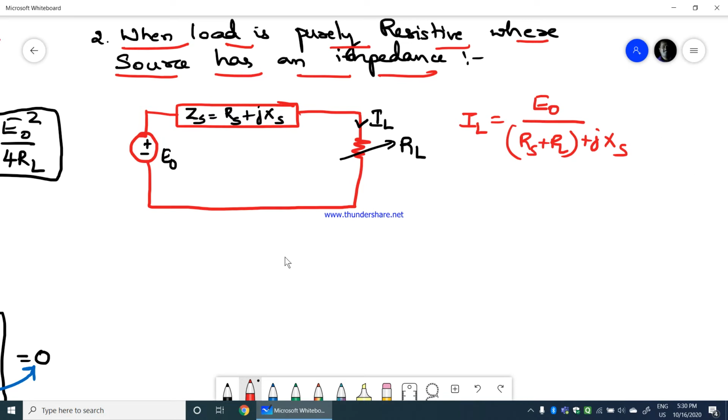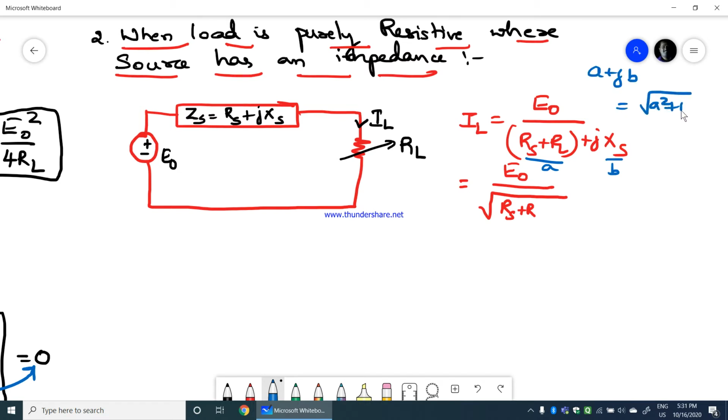So therefore, if I go with power, before getting into the power, I need to see that this denominator will be considered in terms of magnitude. Why? Because as the J term is there, power should always be some constant value. So J will make an angle come, where the angle should not be mentioned in the power value. Therefore I'll say the magnitude of that is nothing but, now think that this is A and this is B. A plus JB will always have magnitude root of A square plus B square.